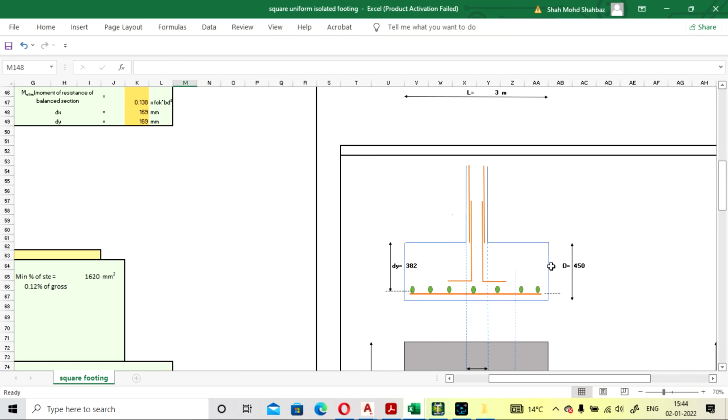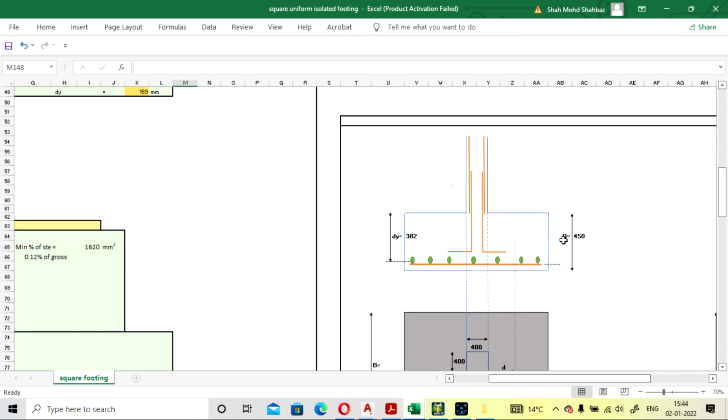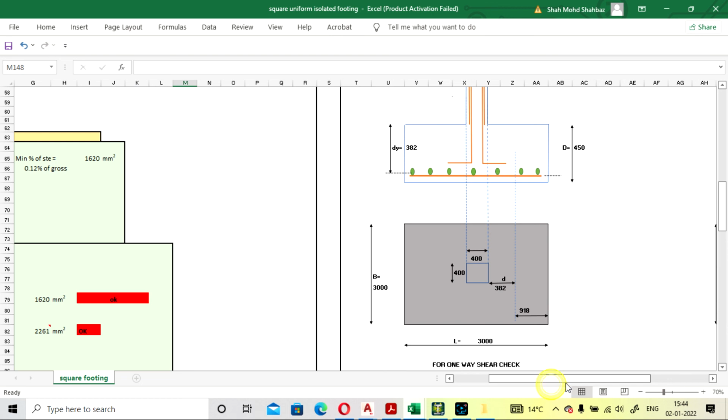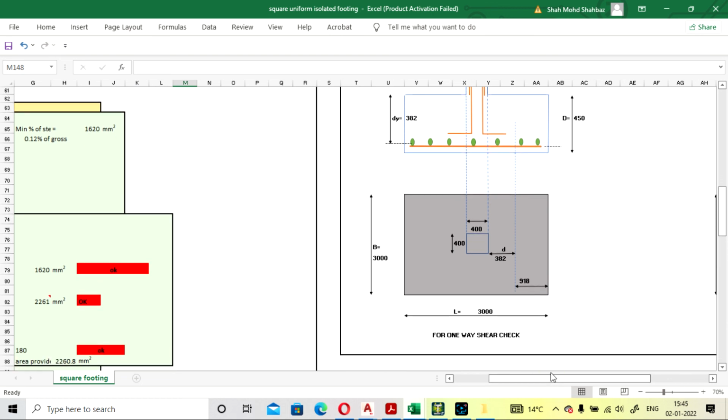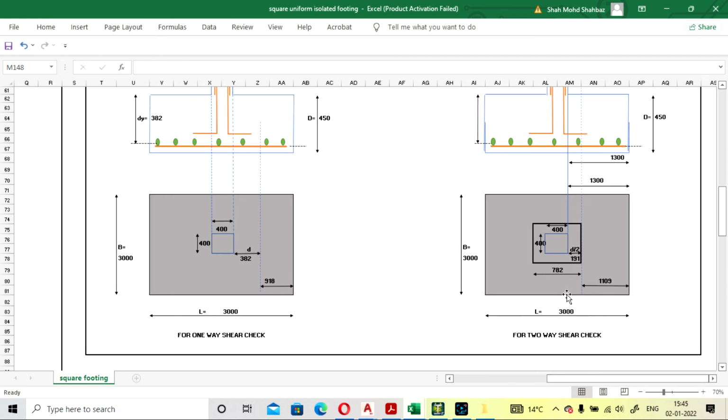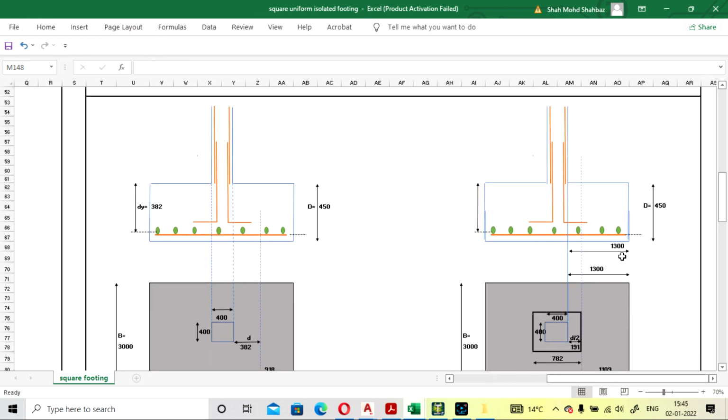For the footing, here this is the section. The total depth is 450, your effective depth is 382, and your dia bar will be laid as first layer and second layer. This is the figure for your one-way check dimension, and this is the figure for your two-way check dimension. It is advised to use the lapping of the bar like this. Don't continue the same bar up to the development line; you have to do the lap here first. So this will be your safer condition to design your building footing.